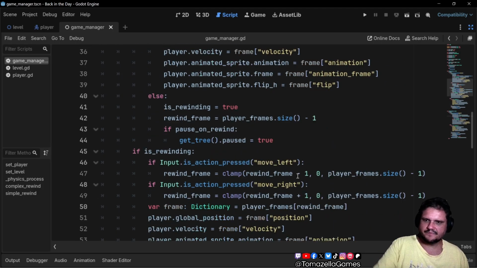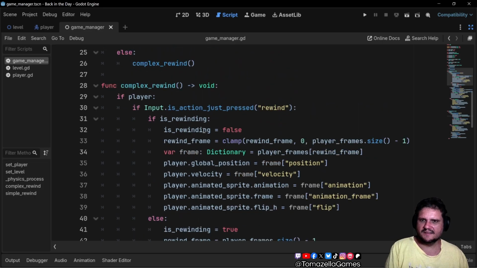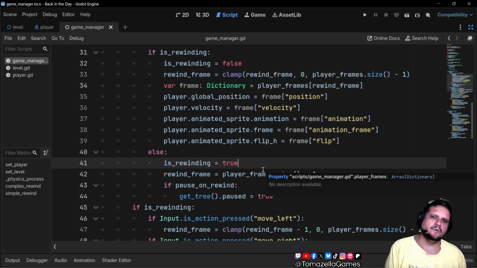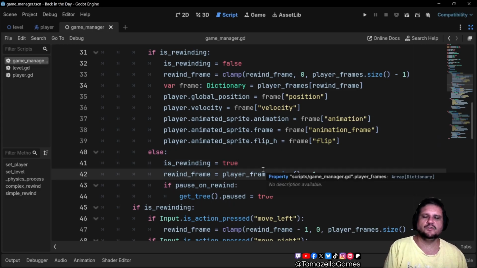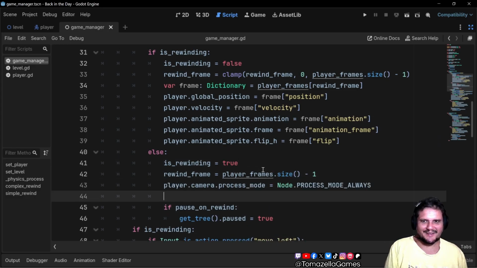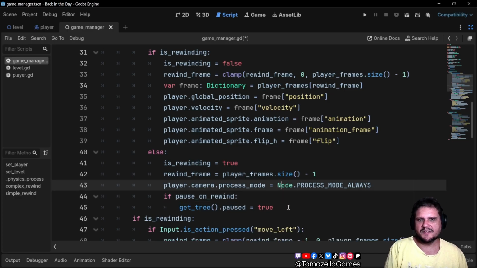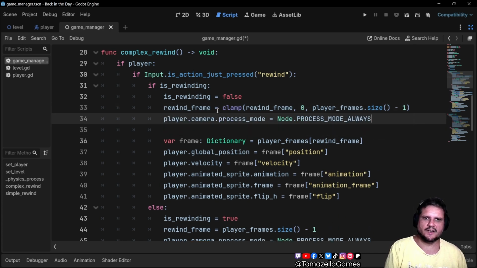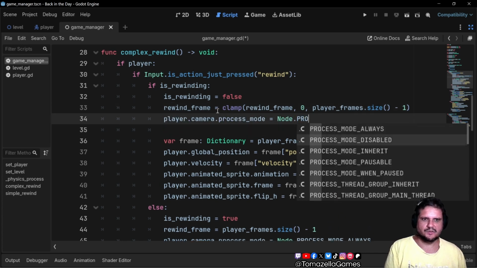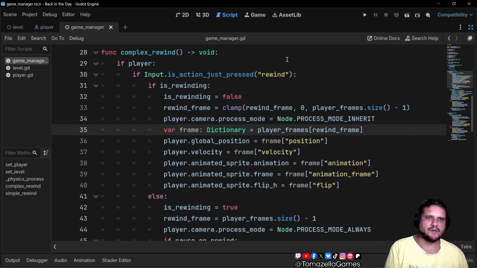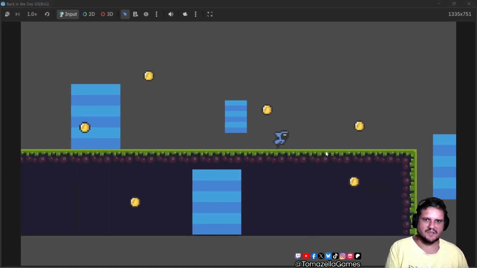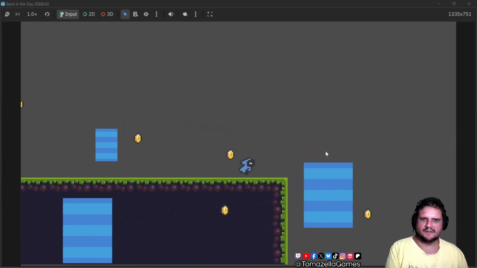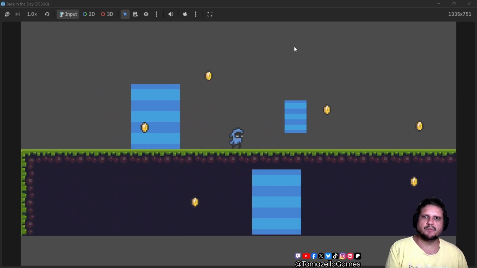If I am rewinding, I will unpause the camera: process mode always, and here I will just use inherit, so it will return to the default. So let's try it. Move and press tab and come back, and there we go. Camera is